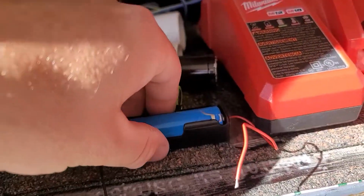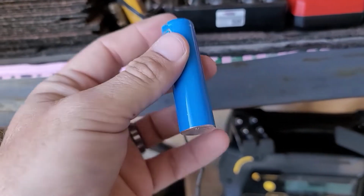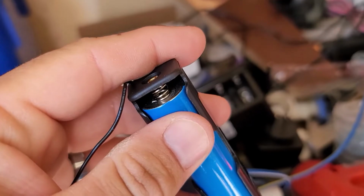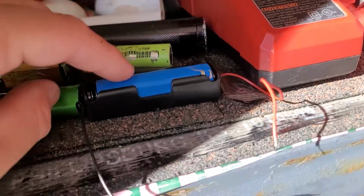But how I got the battery charger to recognize that there was a battery there was I actually jumped it from another battery. If you saw in a previous video of mine, I had one cell that was not looking very good. It was dented in on the bottom here. You probably can't really even see that in this, but I just took this and one of my 18650 cell holders,